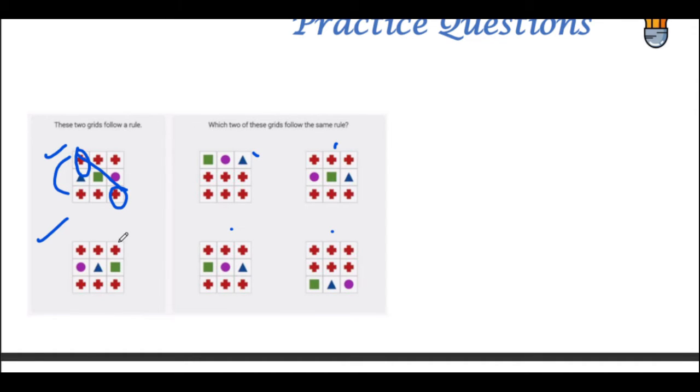and in between there is some shape. The same pattern is here also: the first row and the third row are the same, and here is plus and here is plus, and in between something is there. This shape consists of the same row, and this consists of the same row, and this cannot be the correct option as the first and third are not the same. So this one is correct and this one is correct. These two are the correct options.